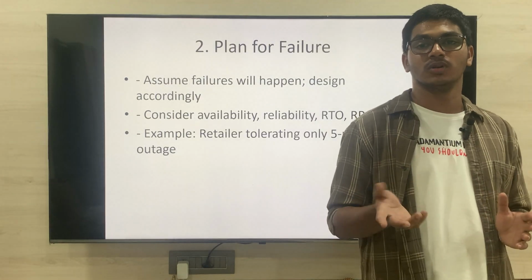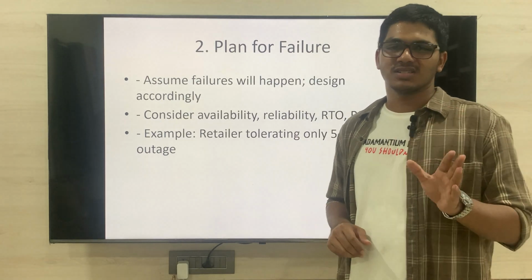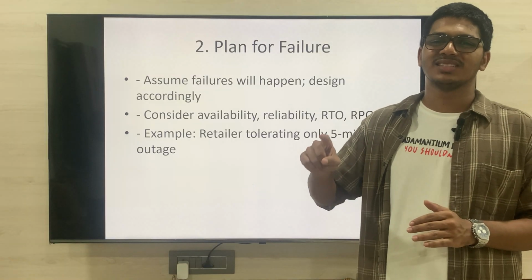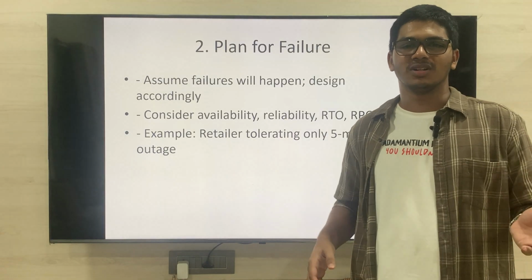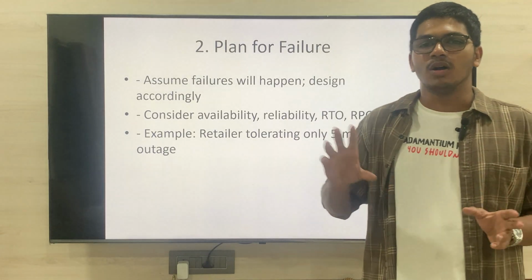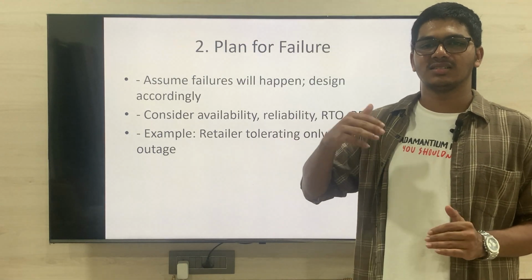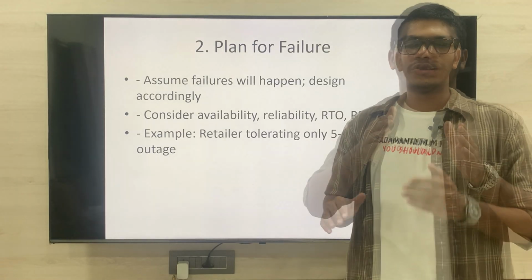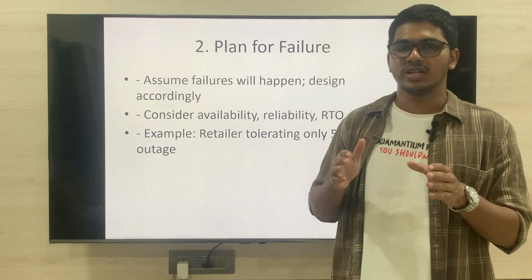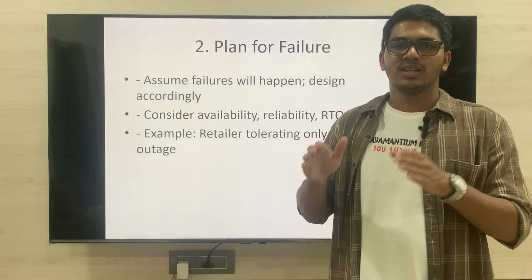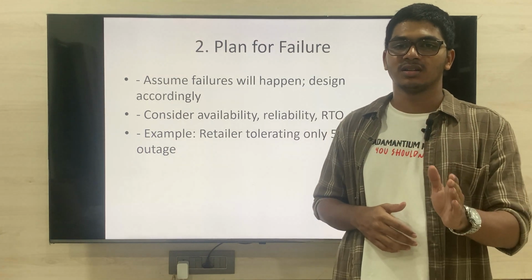Now principle 2. We have plan for failure. Because let's be honest, systems fail, networks glitch, someone pushes an update on Friday evening, you know the drill. So, good architecture always considers reliability, uptime, RTO, and RPO. Think of it like designing your system with a safety net. For example, an e-commerce site that can only afford a 5-minute outage versus an internal app that can tolerate more downtime. Plan for the worst so your users never feel it.